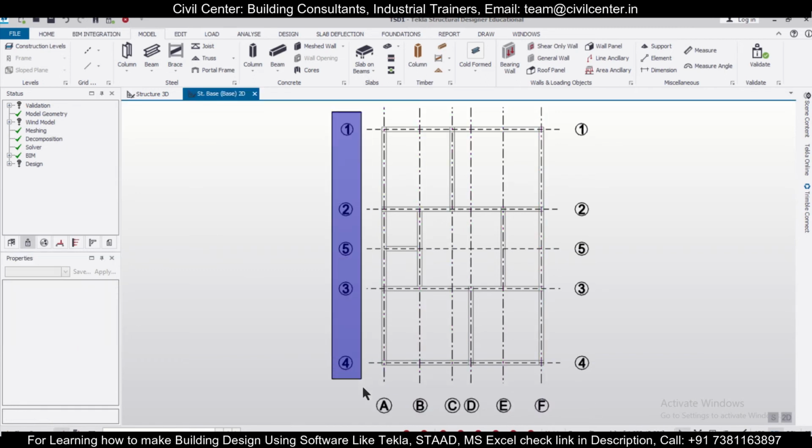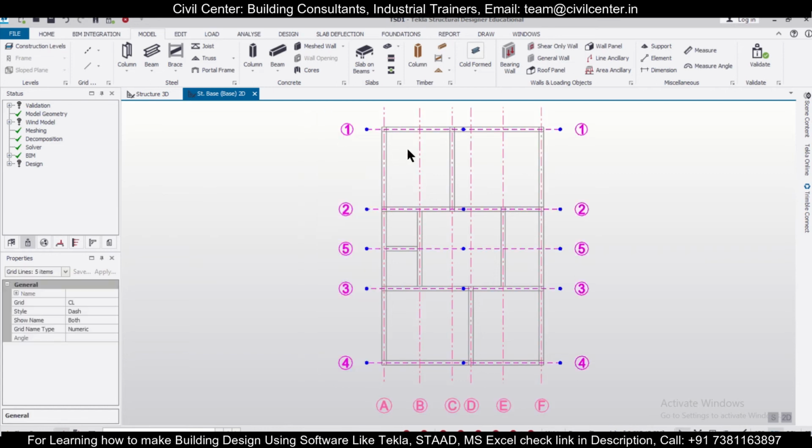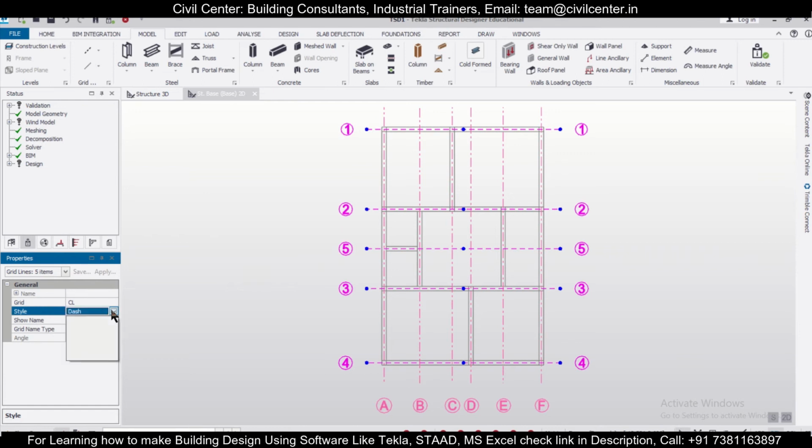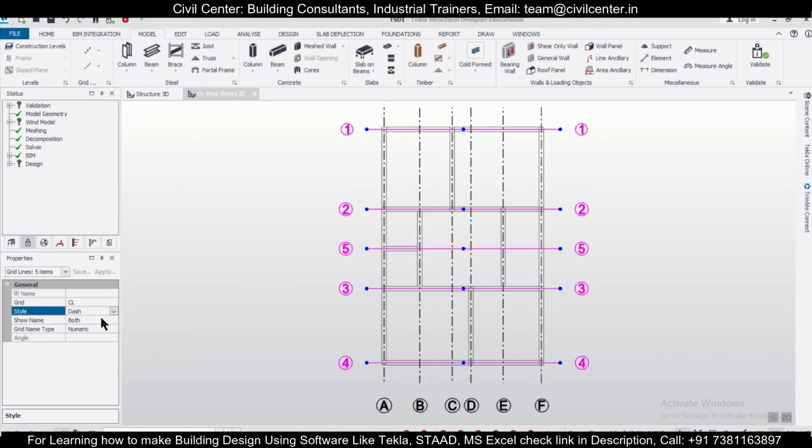So let's just select these grid lines as well from this. As you can see, this has been selected, and we want to do this as style. Let's see how the solid line looks.